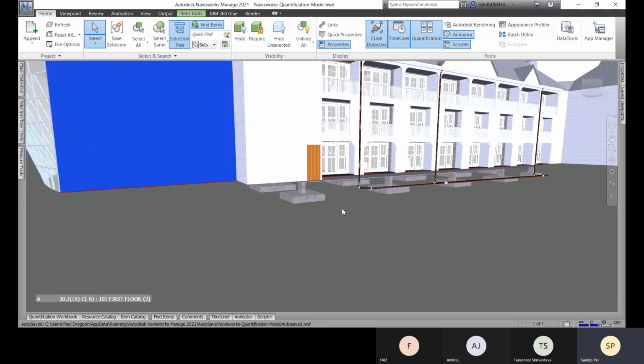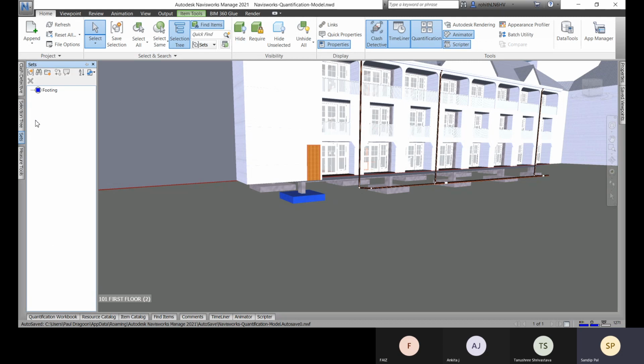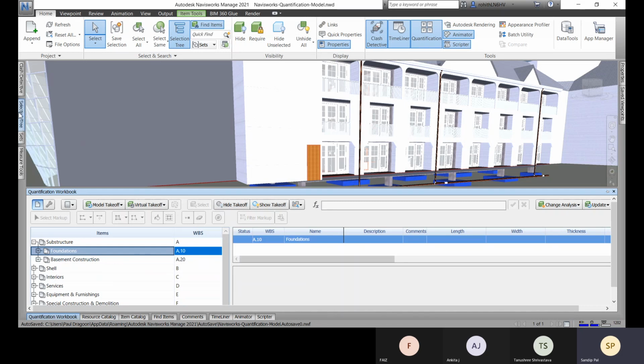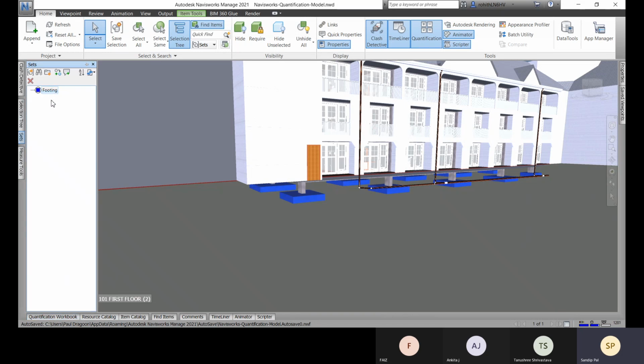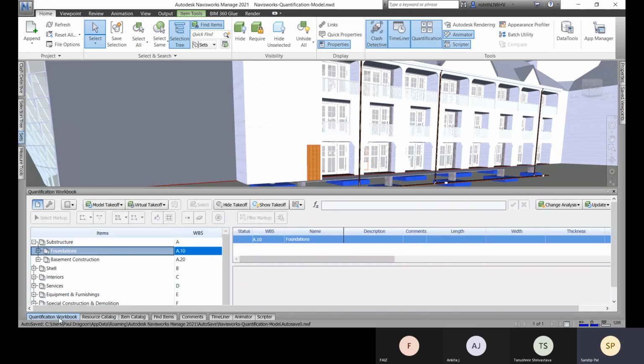All right, so this is now your selection. You go to the selection tree, this is your selection set. Now you can link this selection set to your quantification workbook.